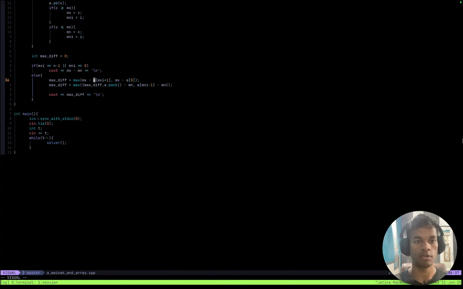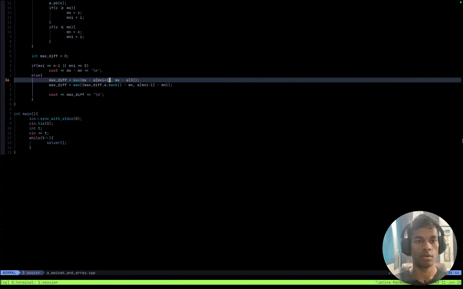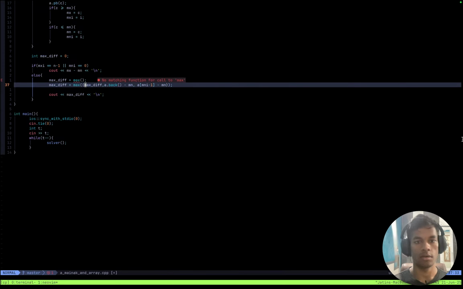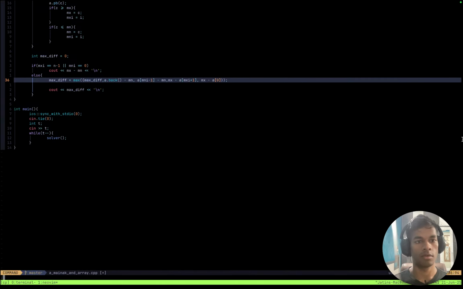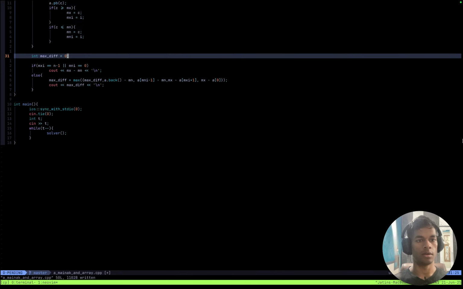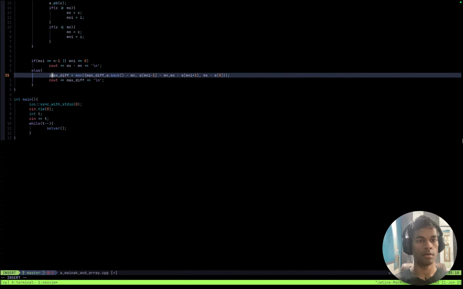This start selection, or inside this delete and paste, and I can simply do maximum would be equal to maximum difference, which is just